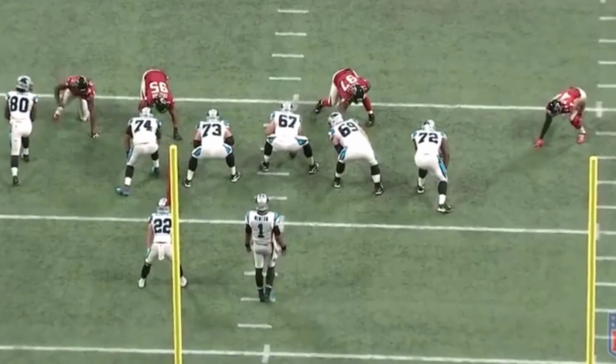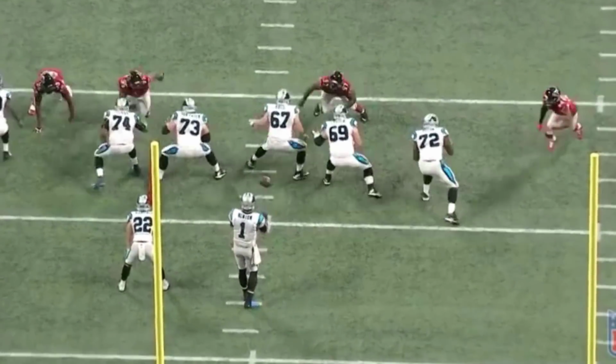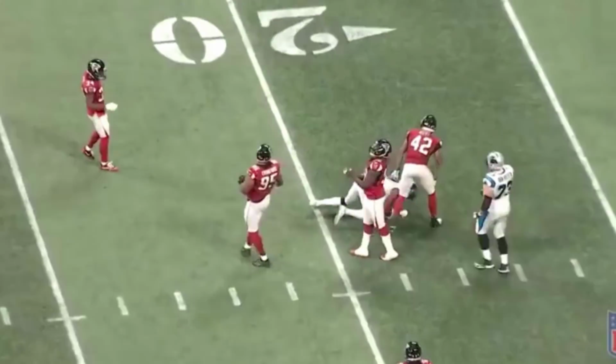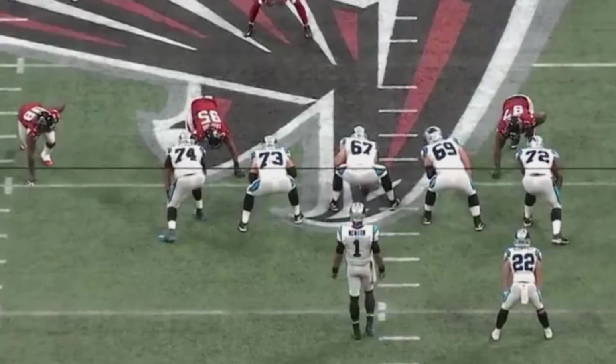Gets him to move off his spot, and Grady getting the leg. So this is a good combo play by the two of them. But again, you need that violent aggression to be able to get into the backfield. And so this last play I want to show you guys is going to be the last time during the